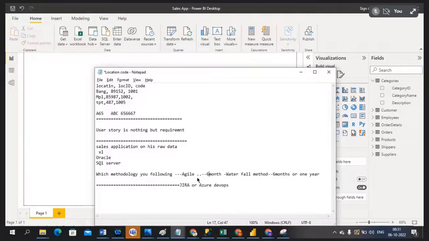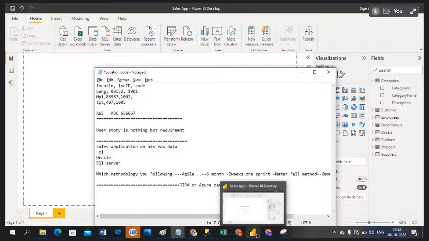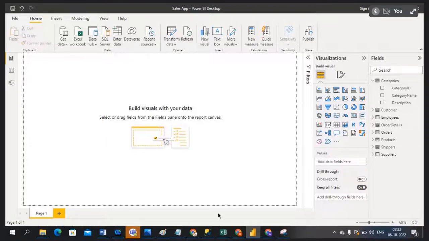In 6 months, they will divide it into 2 weeks, one sprint. Okay, 2 weeks one sprint. The project tenure is 6 months, guys. 2 weeks one sprint. In one sprint they will assign you work in Jira, or